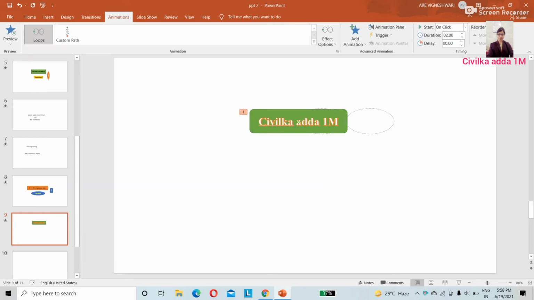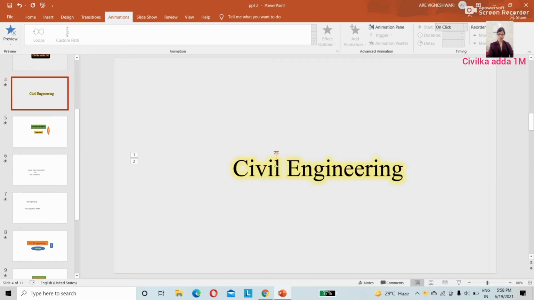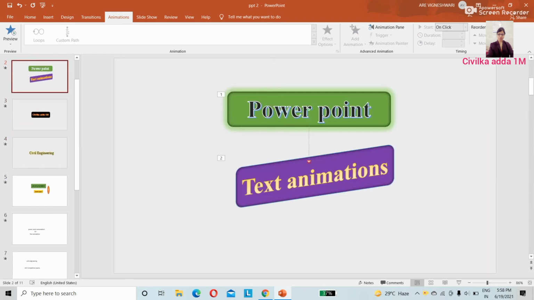So you can change the text also. In this slide I have taken the PowerPoint and text animation, I have done with that only.